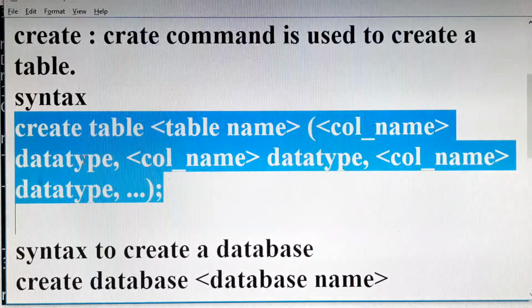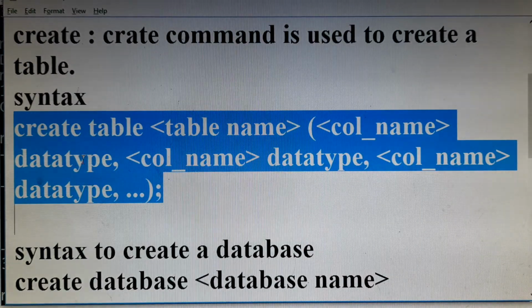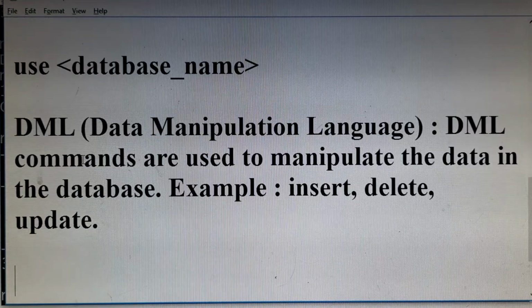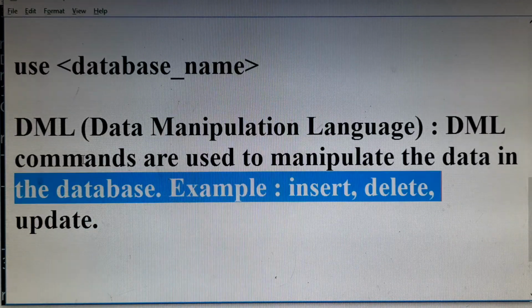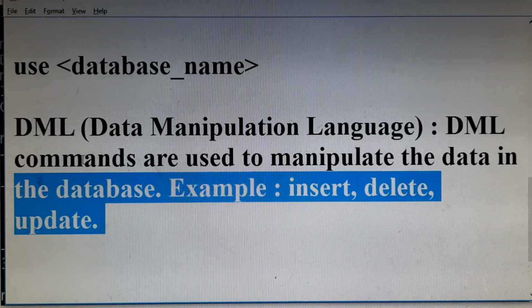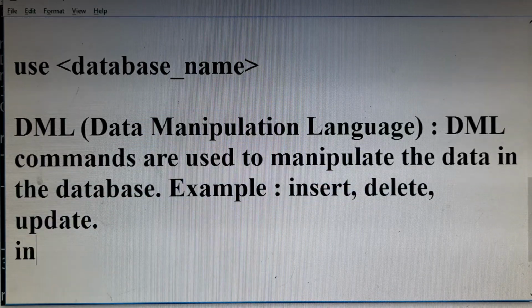So if you want to insert the data into the table, you have to use the insert command, where insert command is a DML command. What is a DML? DML commands are used to manipulate the data in the database. So examples of DML commands are insert, delete, update. So if you want to insert the data into the table, we can insert using an insert command.